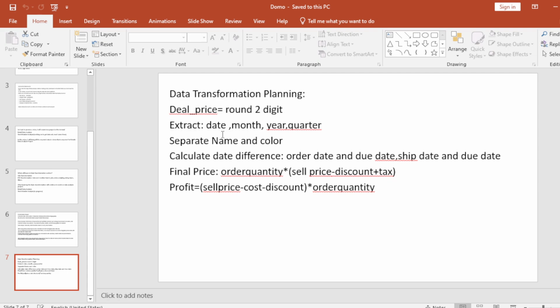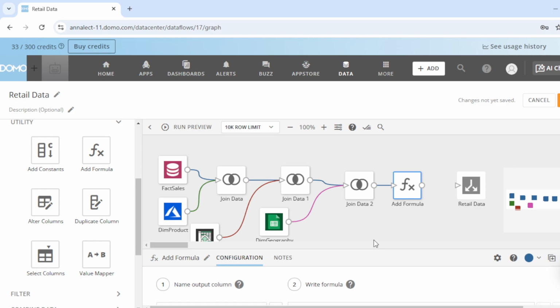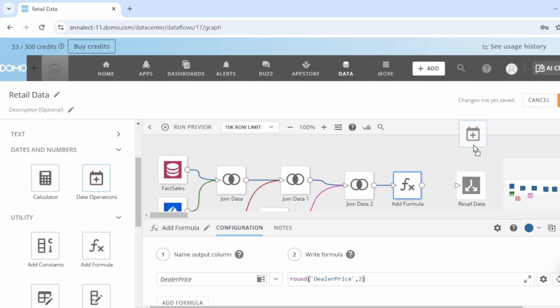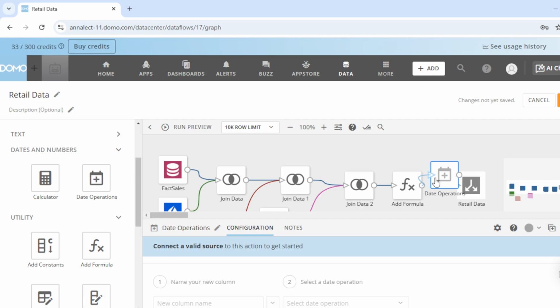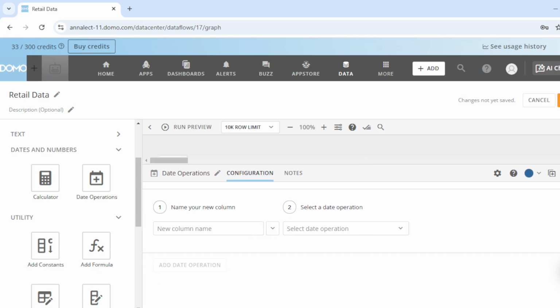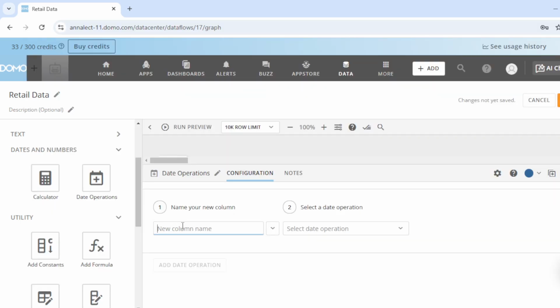Now second, we need to extract date, month, year, quarter. We have two options. Either I can use a direct formula, where I need to apply simple MySQL formulas, or we can use this transformation. So here we need to apply the date transformation. In the date transformation, first we need to create a column to extract date, month, year, quarter. So let's keep the column name order